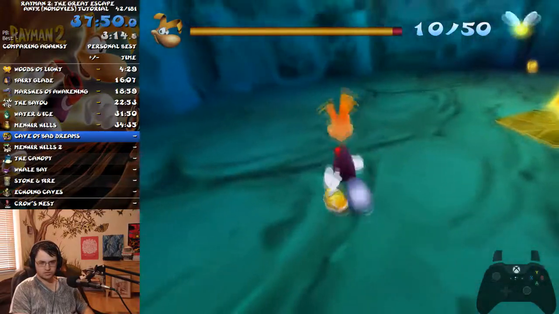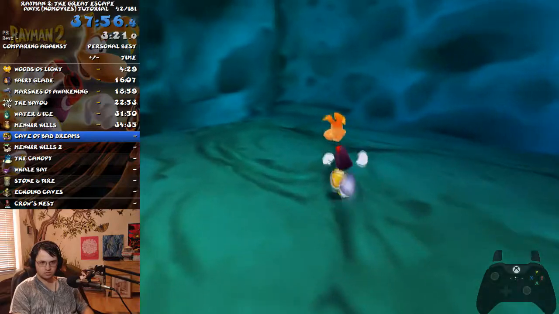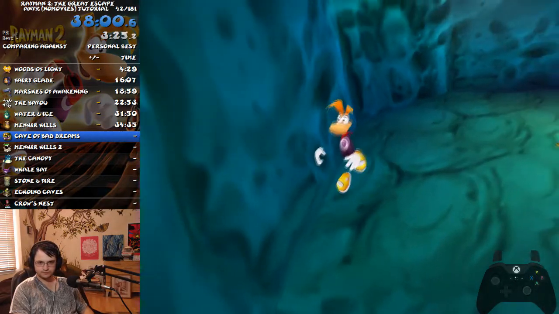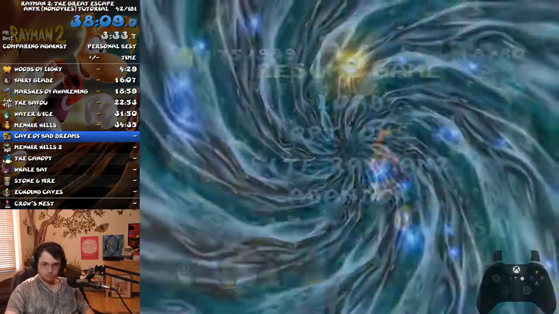So there are 2 ways you can do orb skip. I actually don't understand how to do it from this side, so I'm only going to do it from this side. I'm going to show off this side. Basically, I'm grabbing the side. I actually use the D-pad for this. I kind of do a light jump, and right there,